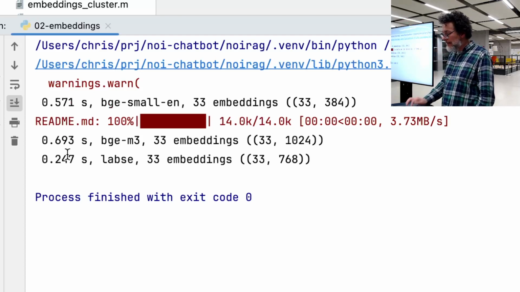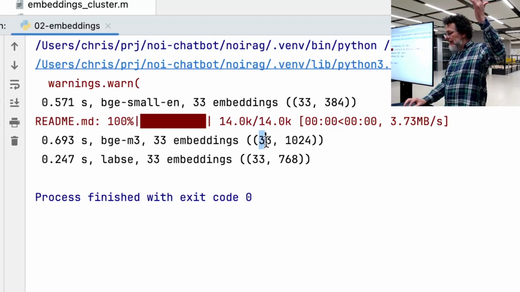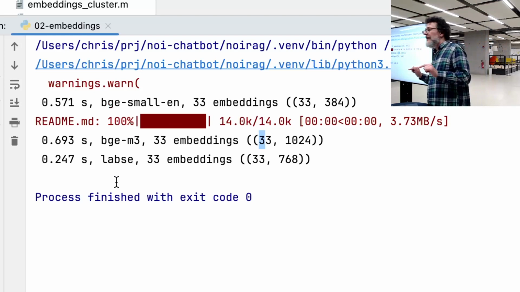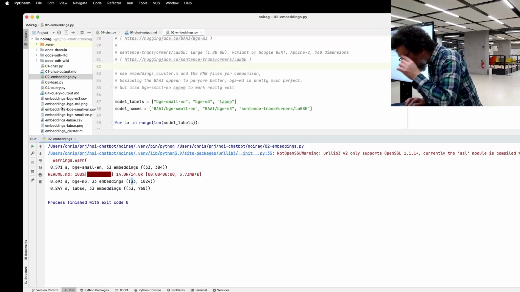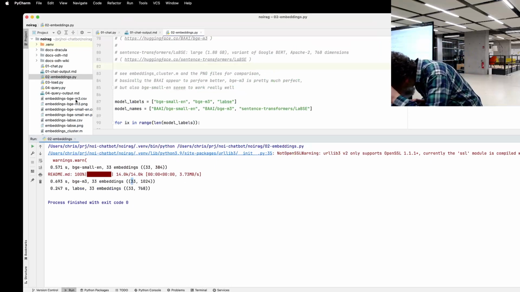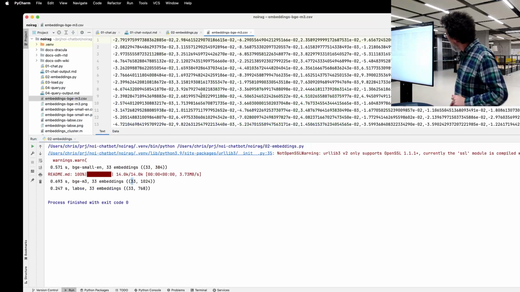Okay, so it does this. It's very quick. Of course, these are just 33 sentences, which is nothing, so it's very quick. Just done it. Written to CSV files. Let's have a look at these. I open one of them randomly. Okay, so